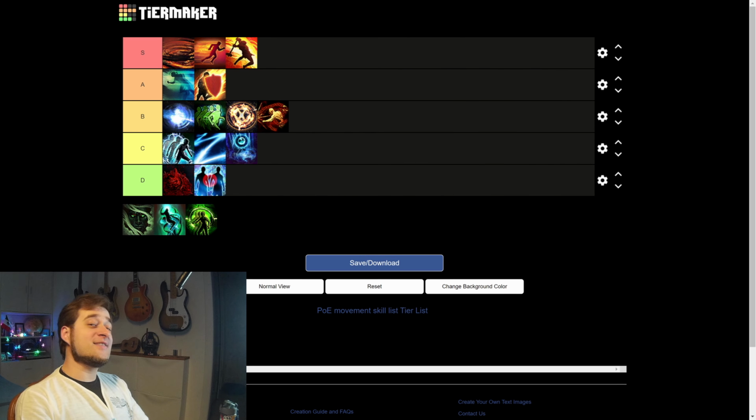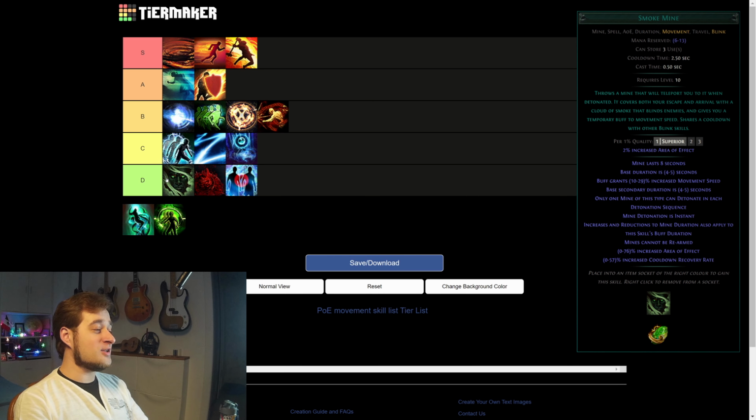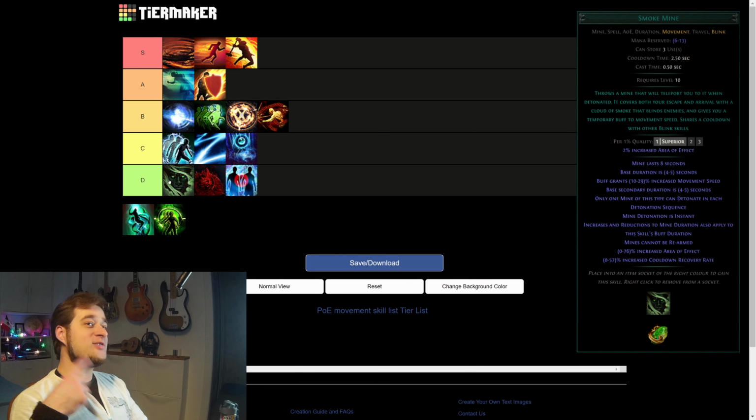And next one is the Smoke Mine, and this one is the garbage tier skill that nobody uses and so on, blah blah blah. Yeah, just kidding, come on. But it's still D tier skill. Why? Well, why is this skill actually really great? Well, because everybody who speedruns Path of Exile will use this. While it consumes the cooldown of your blink skills like Flame Dash, it's still beneficial to run, because when you